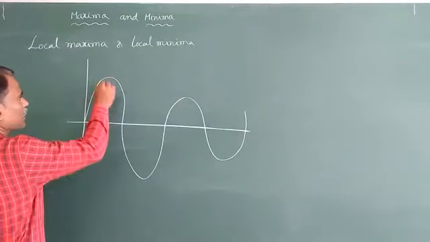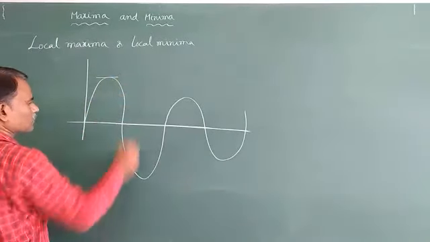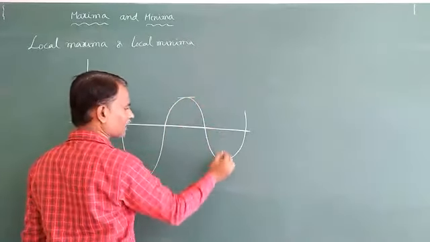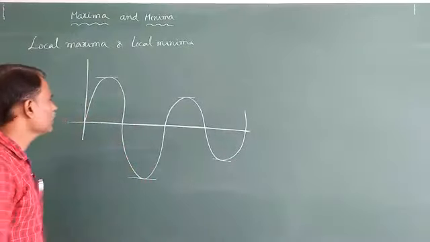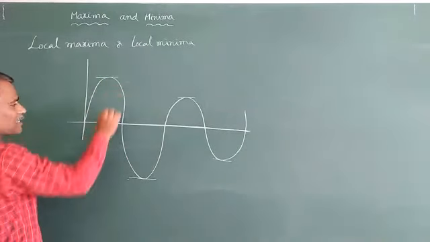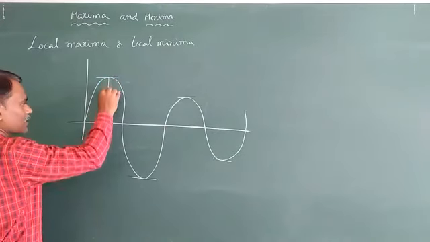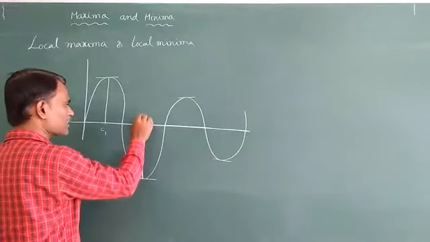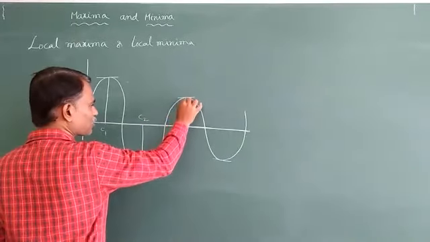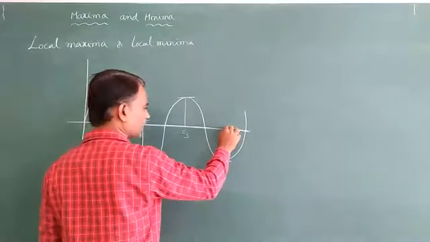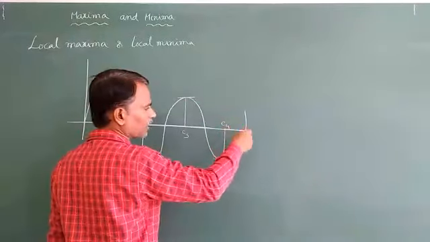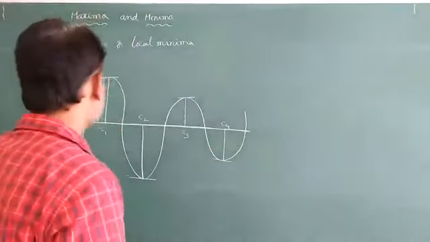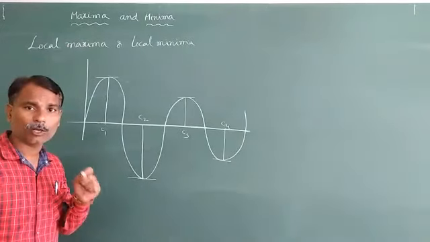Okay guys, here this is the peak part and this is the valley part, the downside, and this is the peak part and this is the down part. At particular places, where the tangent line is parallel to the axis, we will get some critical points, that is C1, this is C2, this one is C3 and this one is C4. Like that, if your graph goes on, definitely we will get some critical points. So what is the meaning of local maxima, local minimum?